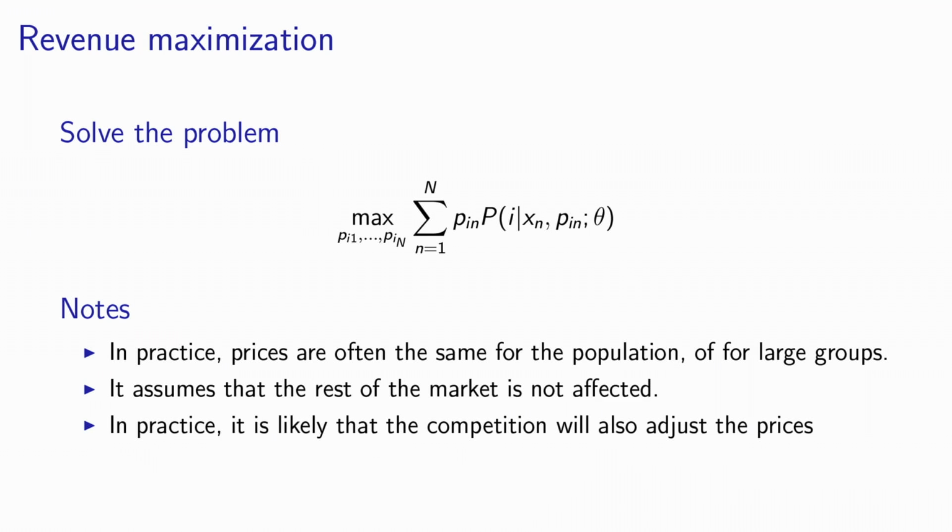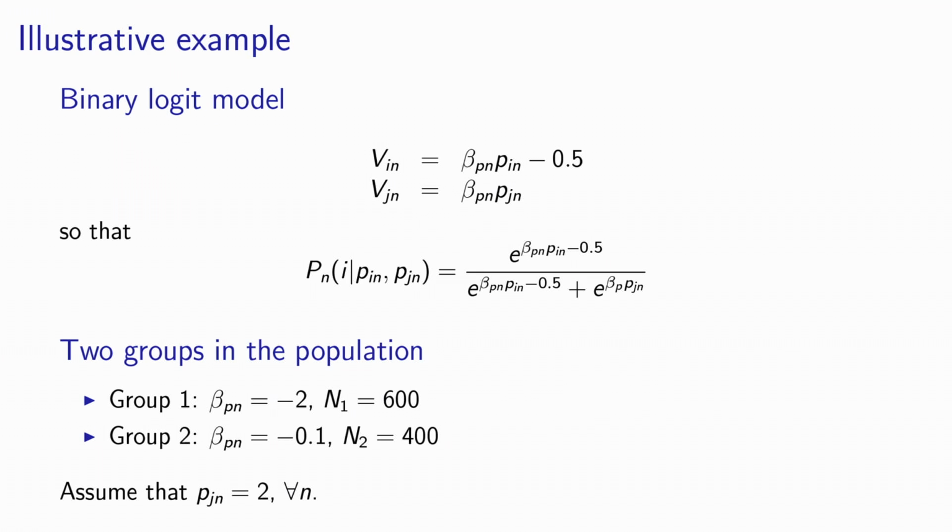So what is interesting is that the role of the supplier is not easy. If the price is too low, the probability that the item i will be sold to individual n will be high, but the quantity of revenues that will be generated will be low as well because the price is low. On the other hand, if the price is too high, selling the item will generate a high revenue, but the probability that this item will be sold will be low. So the whole point here is really to find a good trade-off between a low price, so high market shares but low revenues, or a high price, low market shares and low revenues as well. And actually this problem is quite complex.